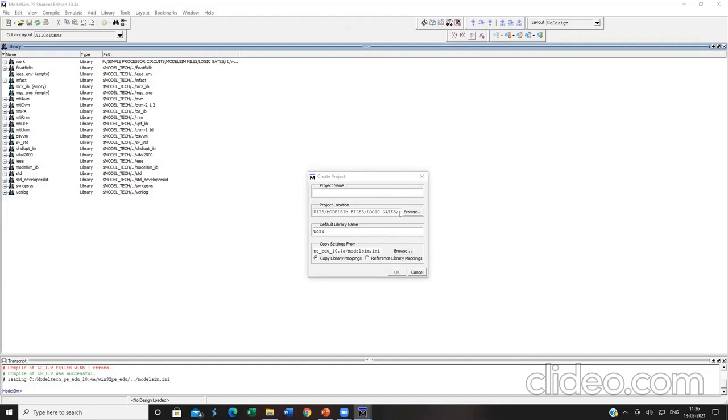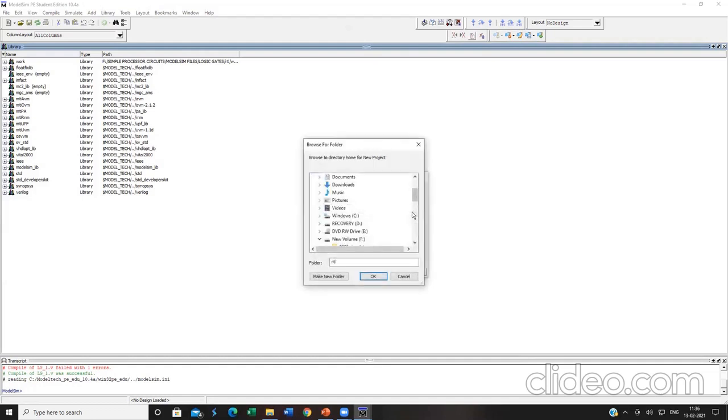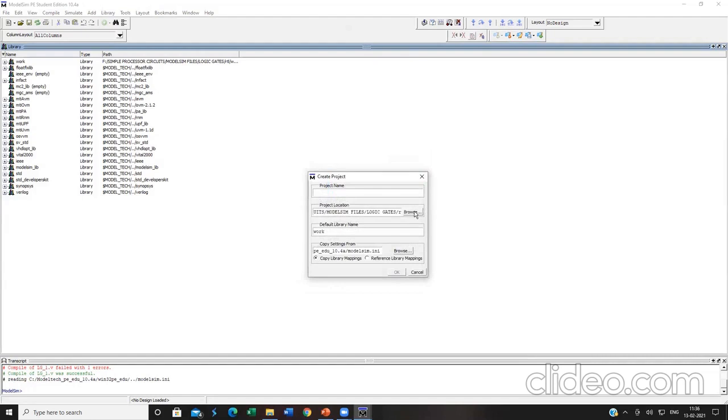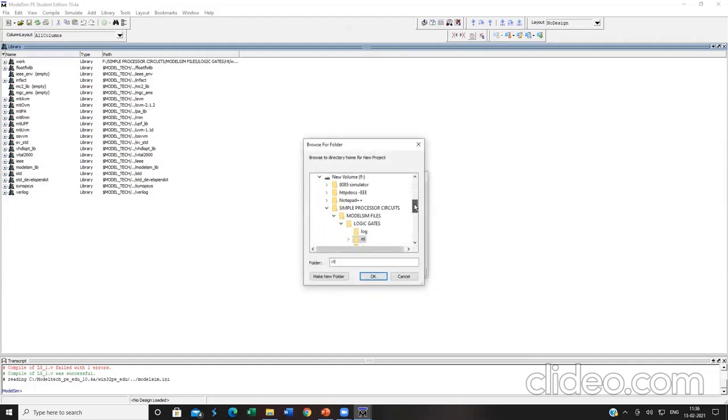Here, previously we selected the RTL folder. Now click on the browse button present over here and go to the folder. Previously we selected the RTL folder for writing our Verilog file. Now we have to select the simulation folder for writing your test bench file. So the RTL folder is for writing your Verilog file. This folder is for testing whether your Verilog code is correct or not, functionally and syntactically. This will provide you information that your